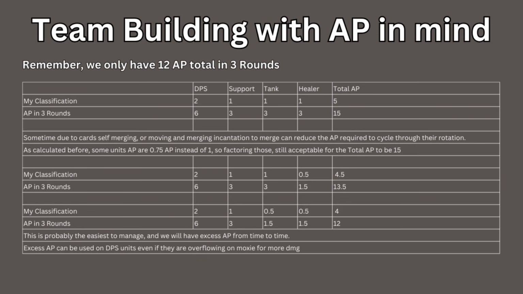So how does it matter in team building? Well, do remember in 3 rounds, because I'm talking about the cycle of 3 rounds, you only have 12 AP. So some character needing like 6 AP, and then you have 2 characters that needing 6, you already fill up the entire AP requirement. So if you have another 2 more characters that needs to use that much, they are just going to be standing there and not doing anything,